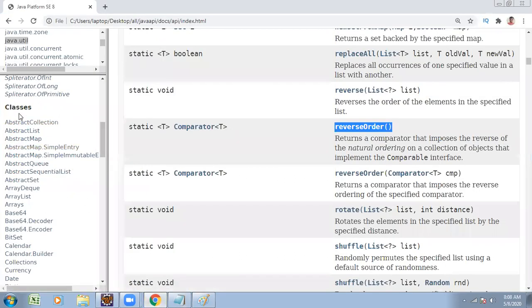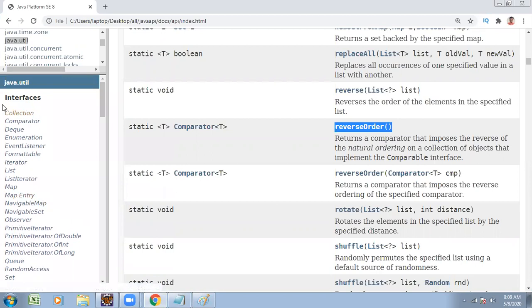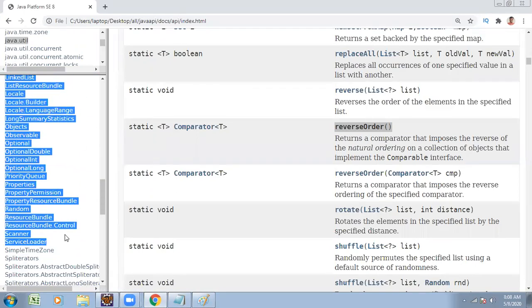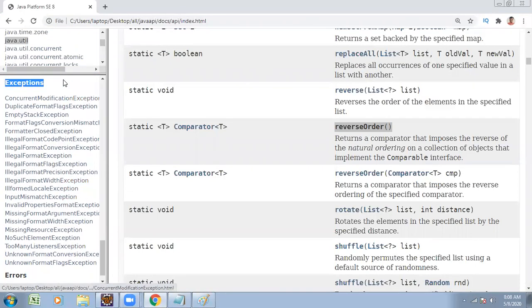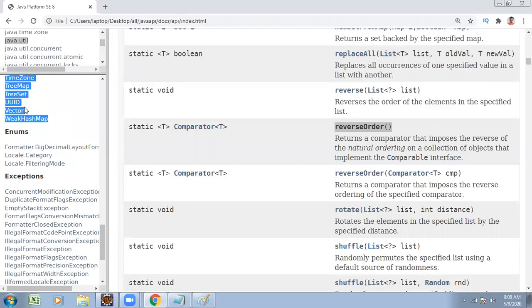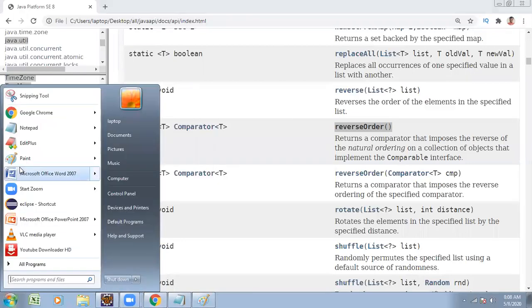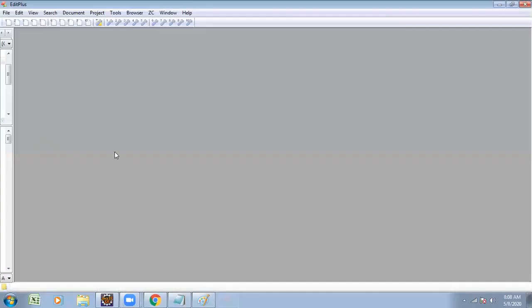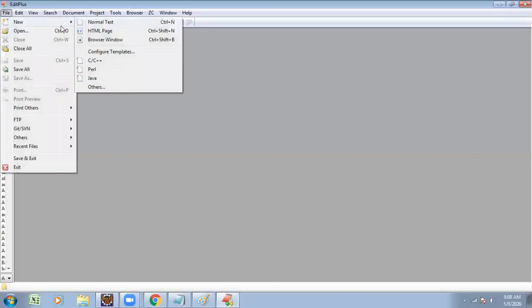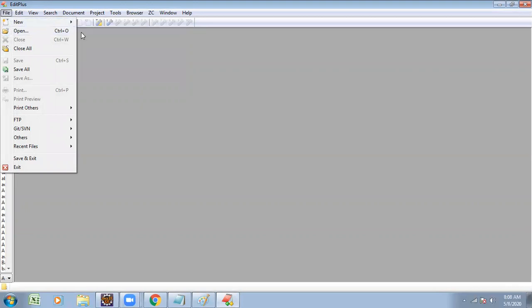They already created it. You observe under the java.util package, you find n number of built-in classes and interfaces.